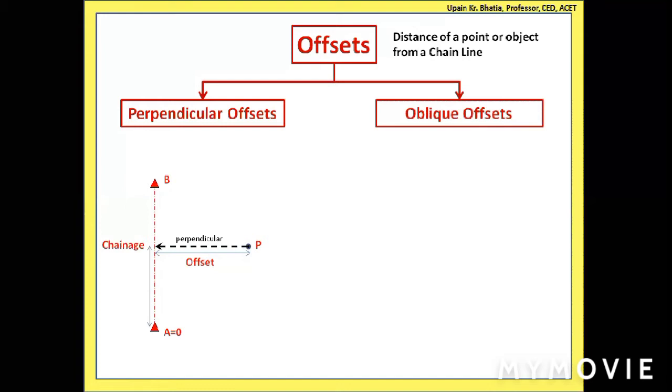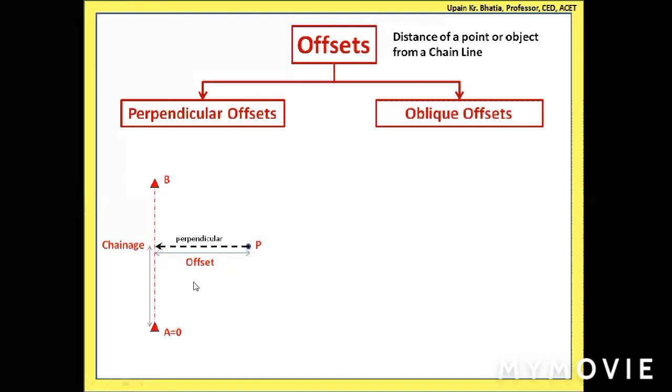Let us assume that 1 centimeter on the drawing sheet represents 1 meter. If the chainage is 6 meters, then along the line that you plotted on the drawing sheet, from point A, measure a distance of 6 centimeters. Then perpendicularly on the right side, if the offset is 10 meters, at a right angle to this chain line go 10 centimeters on the right, and that point will be fixed and marked on your map. This is how you keep drawing your map, the top view or the plan. Your drawing sheet will be prepared.